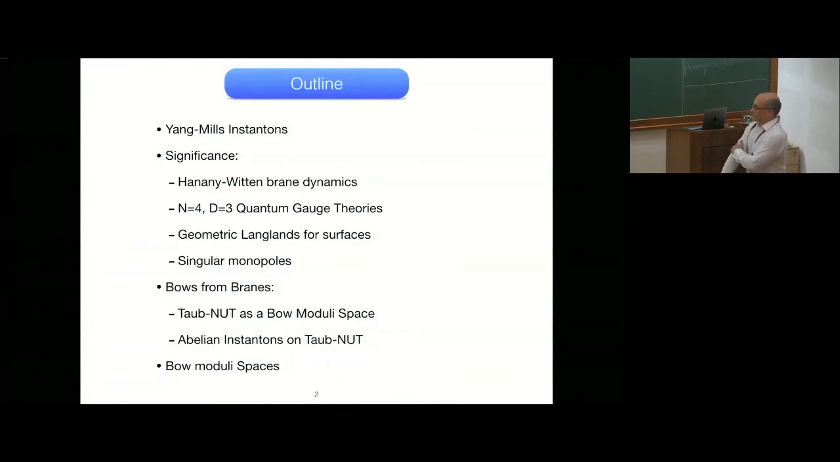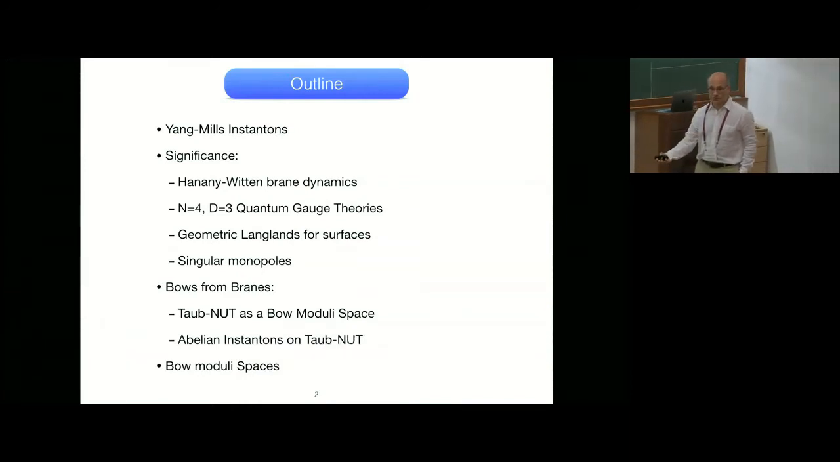These particular backgrounds are significant, and we'll explore how they're related, on the one hand, to brane configurations, to gauge theories and mirror symmetry in gauge theories, and to geometric Langlands for complex surfaces, and to very specific gauge theoretic solutions, which are useful in gauge theory